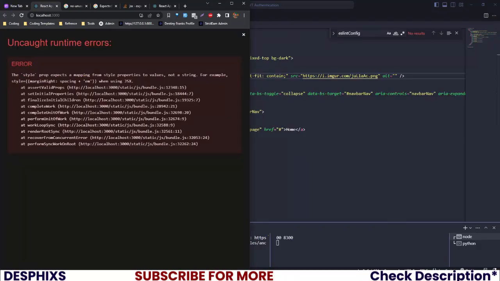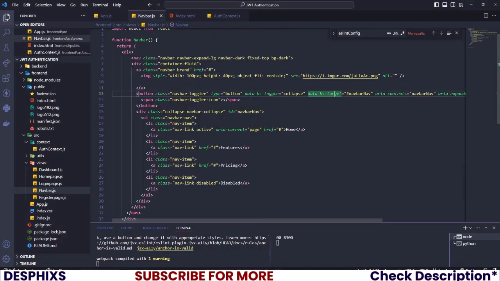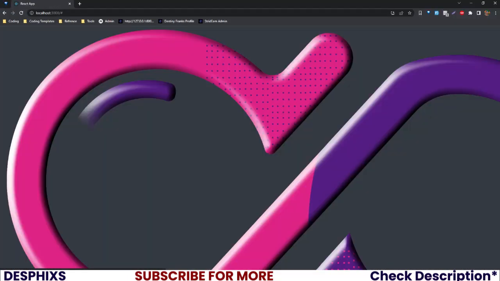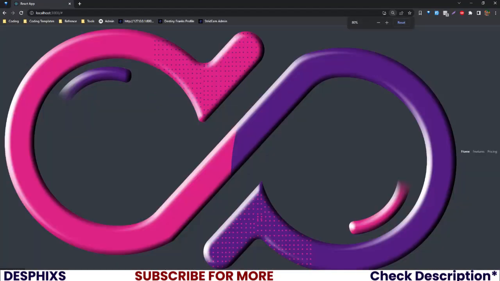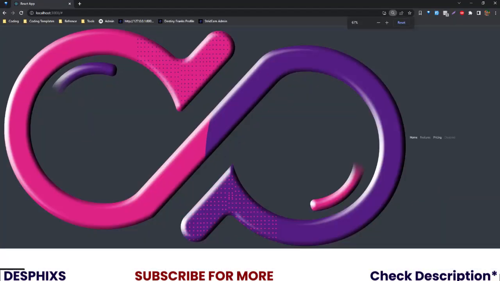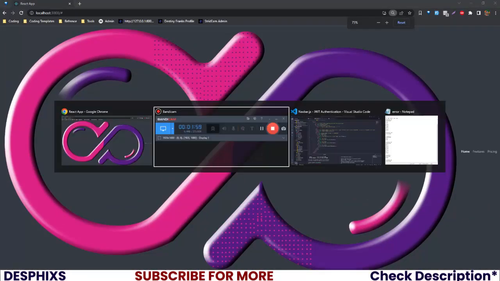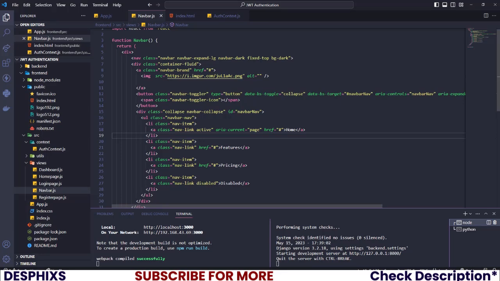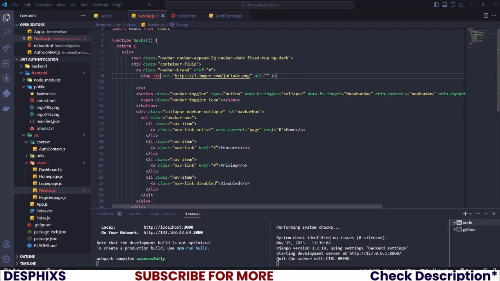So over here seems there is an issue. I think it should be a style issue, this one over here. So what I can do is I'm going to go ahead and cut out the style, and this should fix the issue. Okay, so as you can see, everything is working perfectly well, but you can see the logo is really large, and we can't seem to see every other thing in the navbar. So what we're going to do is just go ahead and give this a style. So remember, we removed a style from here, and it actually broke the code which made the logo big. So we're gonna add the style back, but this time around we're gonna be doing it